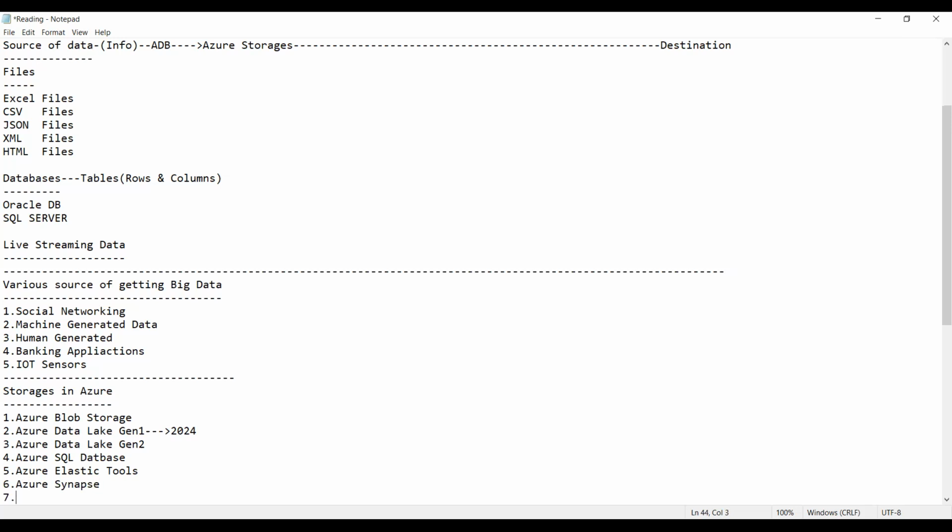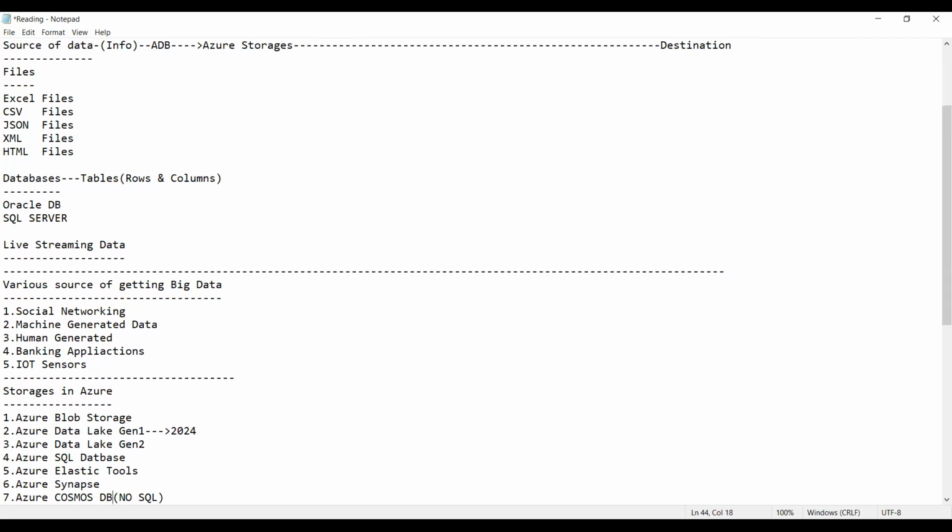And the next one is Azure Cosmos DB. Cosmos DB is a NoSQL database, where we don't use SQL commands.